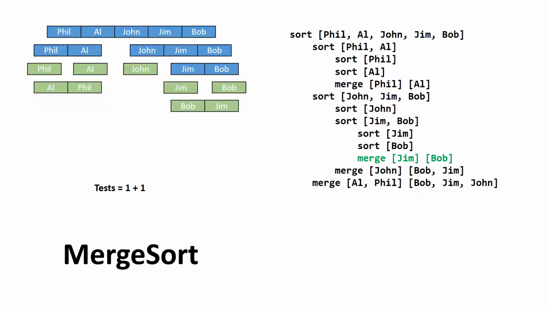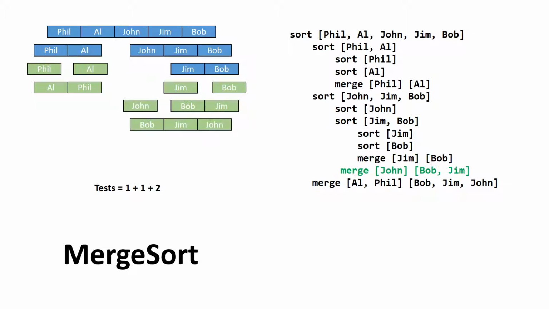There we are, Bob and Jim merged. Let's merge them with John. There they are. Remember, that only took 2 tests, so we're up to 4 tests total now for our merge sort to date. And our last step is to take Al and Phil and merge them in with John, Jim,